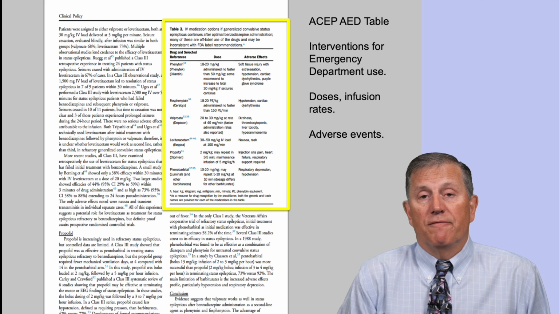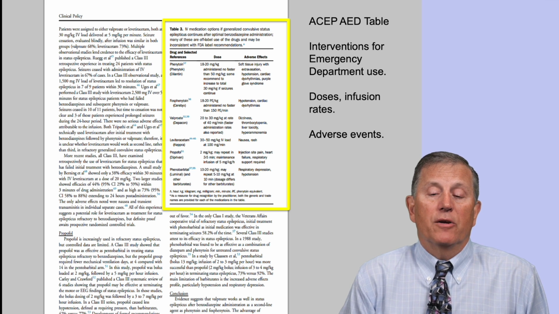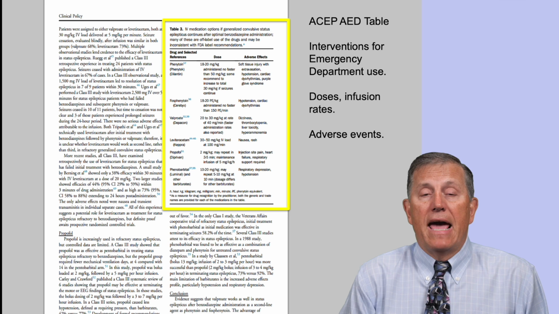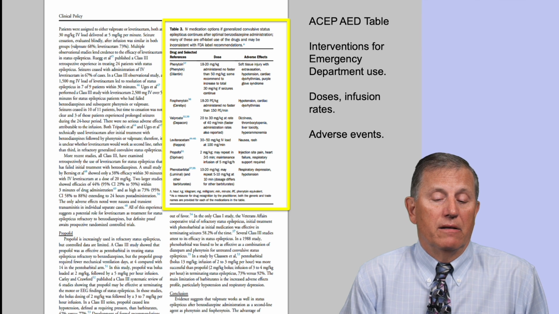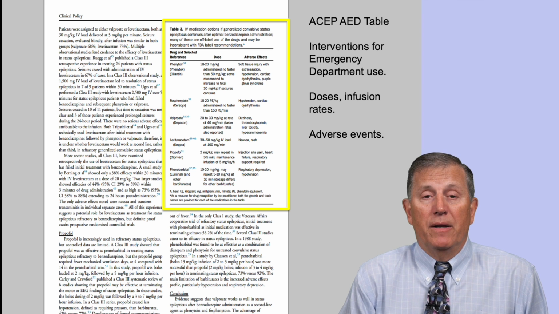In this 2014 ACEP Clinical Policy, there is an anti-epileptic drug table that provides interventions for emergency department use. It includes medications, their doses and infusion rates, as well as adverse events that could be expected. This is a good table that identifies commonly used medications for the treatment of emergency department patients who present with